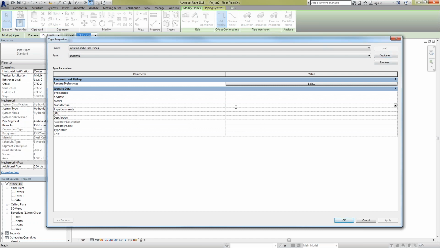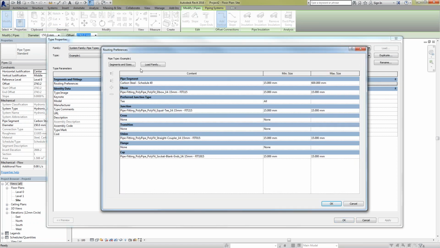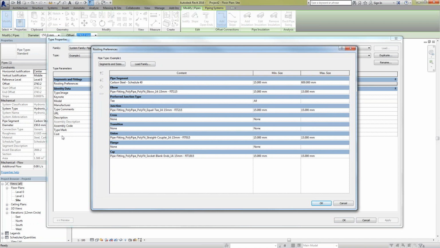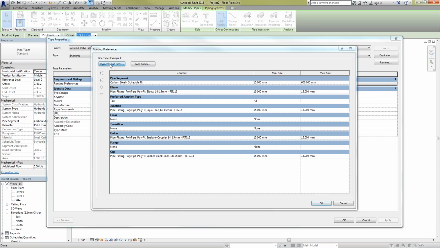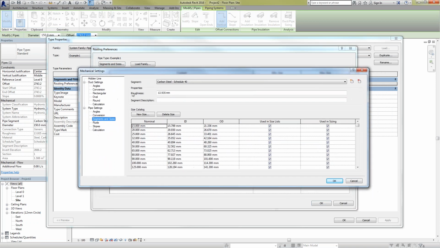Again, you can go into the manufacturer data, call this Polypipe. We could go into model and call this Polyfit, that kind of thing. All of that can be filled out correctly, and obviously that's just the basic information. You can put more parameters in as you see fit. If I now go into the segments and sizes section inside of the routing preferences section,